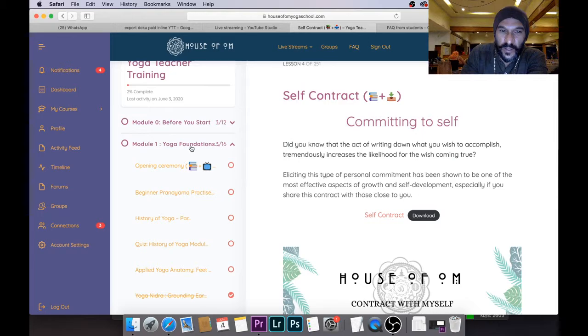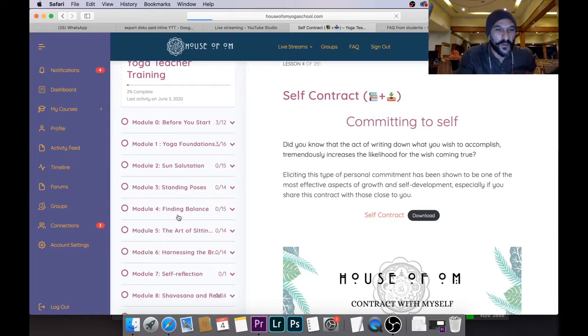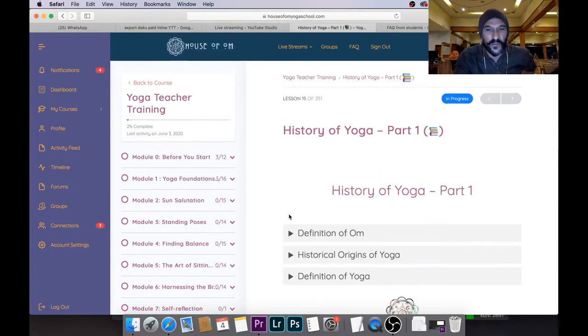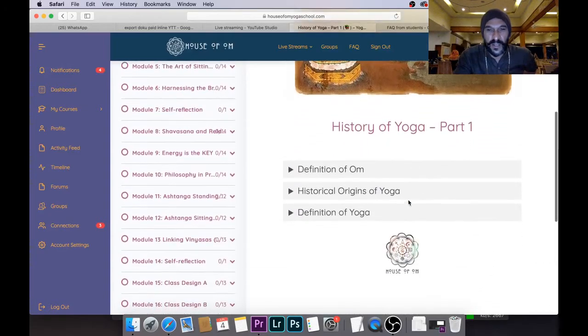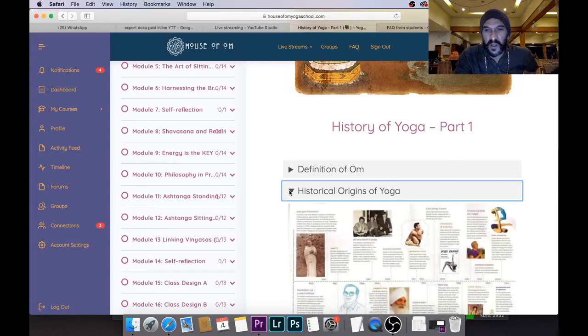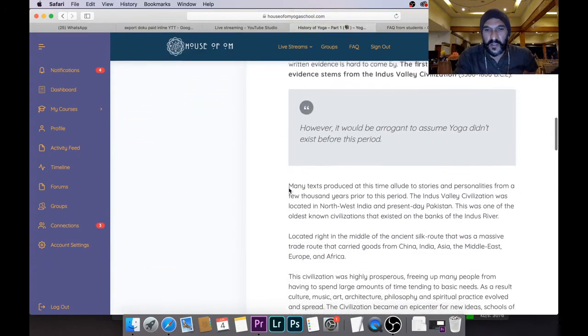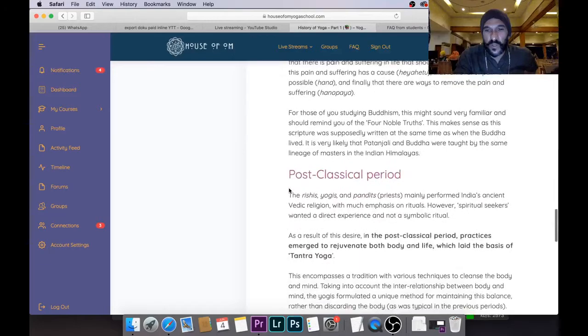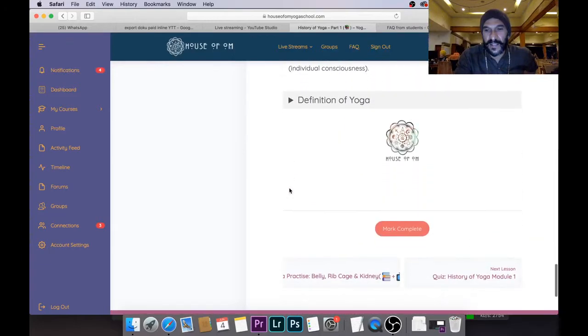Under module 1, this is every month when we start our yoga teacher training live, we have an opening ceremony in the morning. Then we have some pranayama, we have history of yoga. Usually our first lecture is the history of yoga. You can come to the class and see what it is about, the origin of yoga. You can read about it and mark the class. Once you finish, you can mark the class as complete,